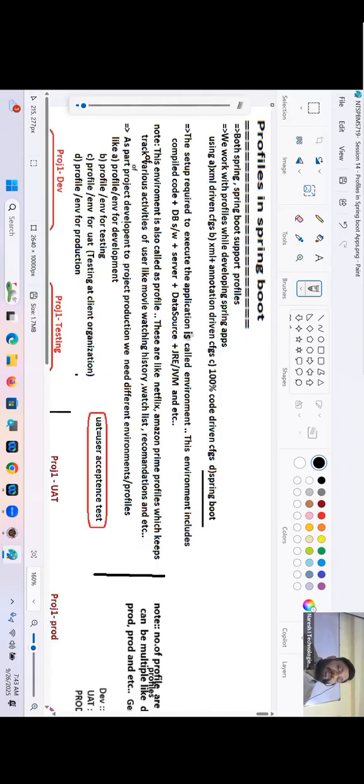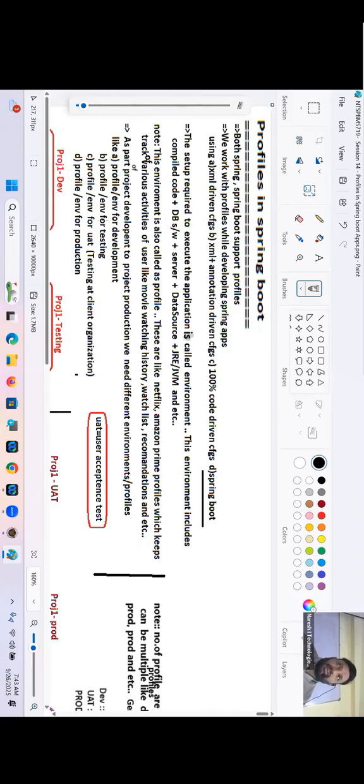As part of project development to project production, we need different environments or profiles, like a profile or environment for development, testing, UAT, production. Okay, the number of profiles is not fixed, guys. You can add more and more.